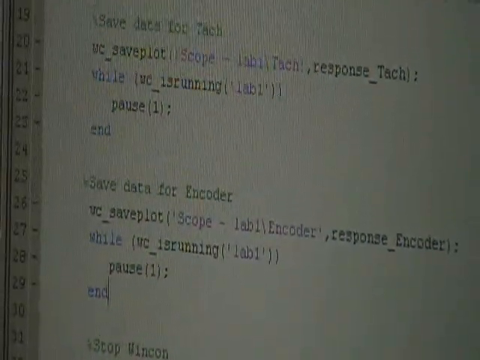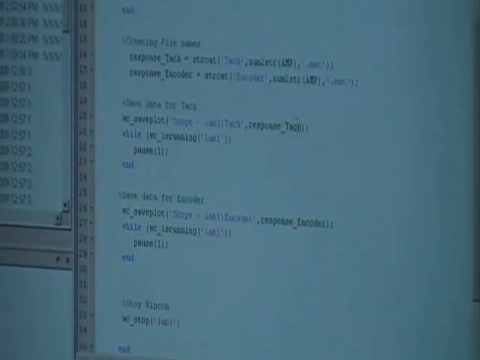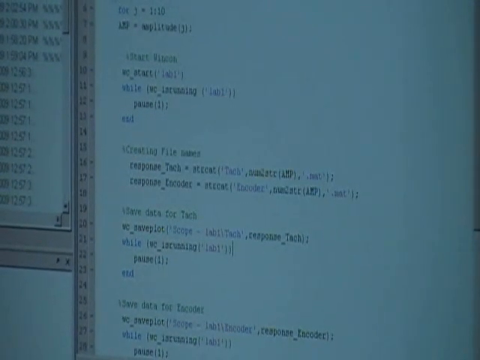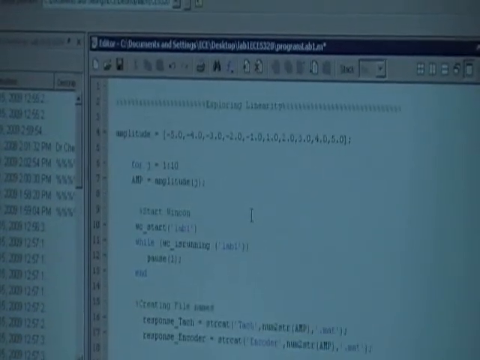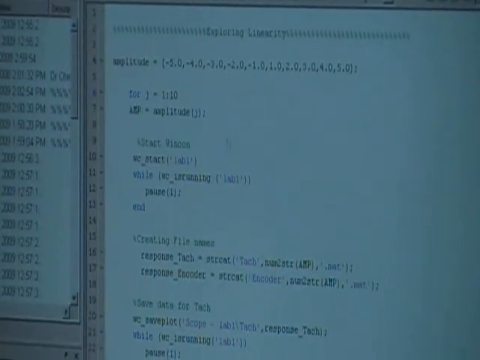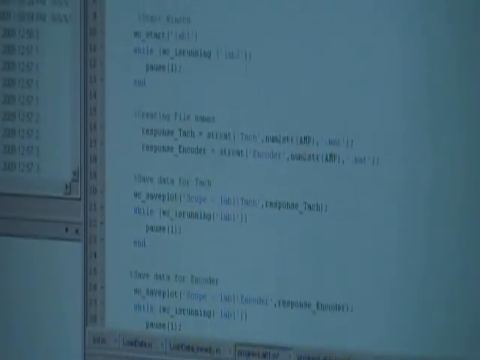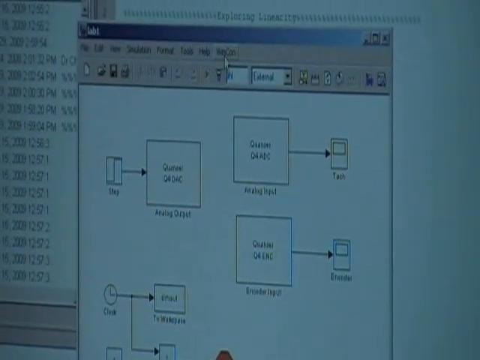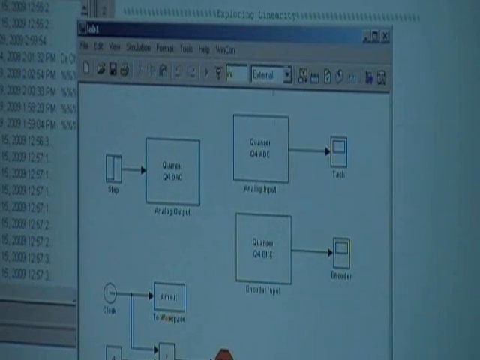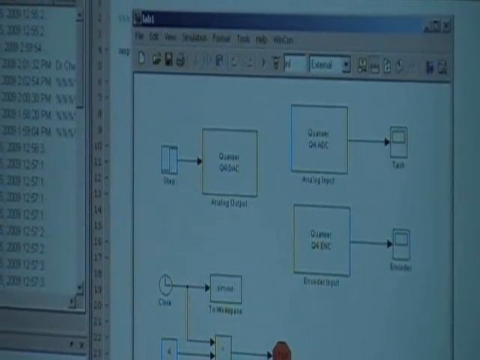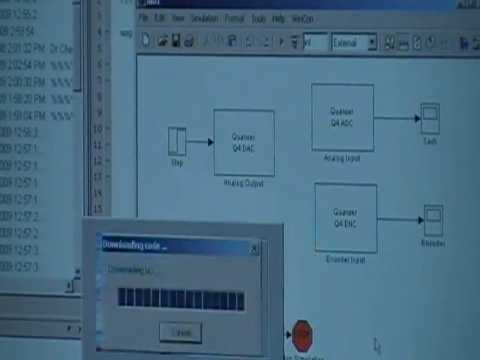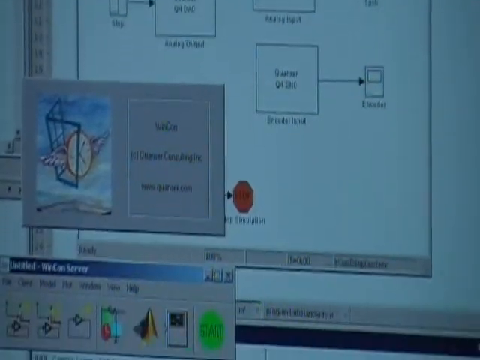So right now we are ready to simulate the problem. After you have the code set, this one is gonna be the code to test the linearity of the system. After that, you just need to run it, because you need to run the program first in order to run the simulation block, and I already did. I just need to simulate the block. As you see, it's really quick, but